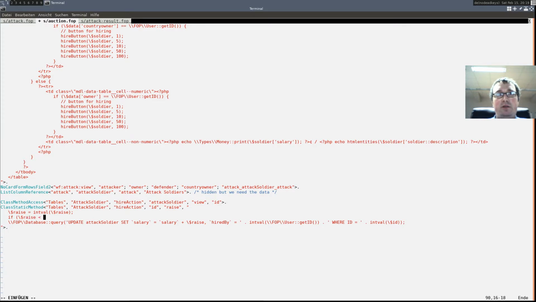Raise is smaller than 1, then return false, so we don't let them lower the salary by hiring.